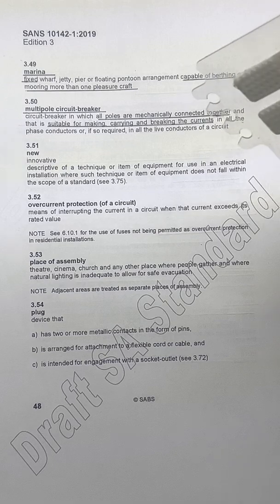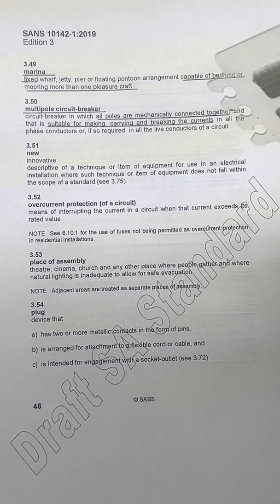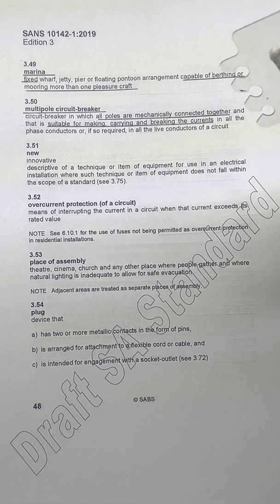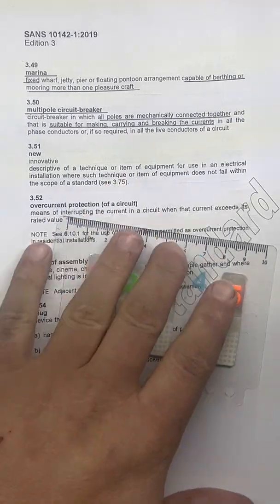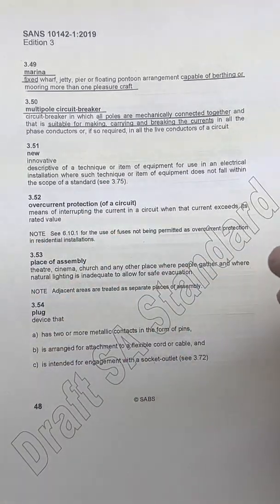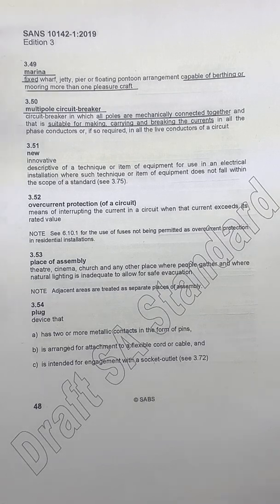We're back doing the last part of SANS definitions, and we're going to have a look at the remaining definitions. This video might be a bit long because there are about 35 left, I think, as we're currently at 3.50.